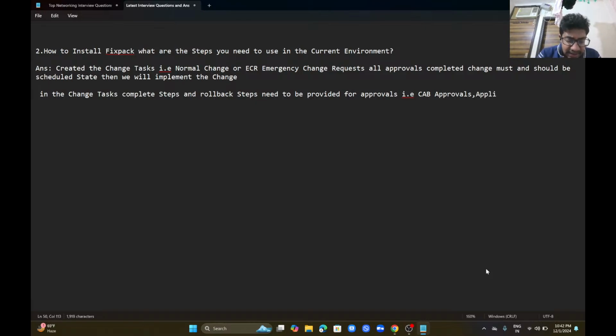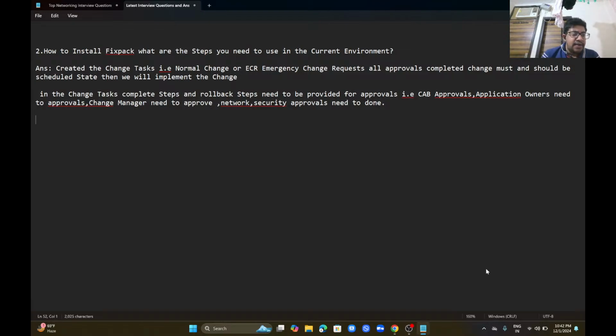and application owners need to approve, change manager needs to approve, and network and security approvals need to be done. Later we can implement the change in the change window as per the scheduled date. After that, log in to the server